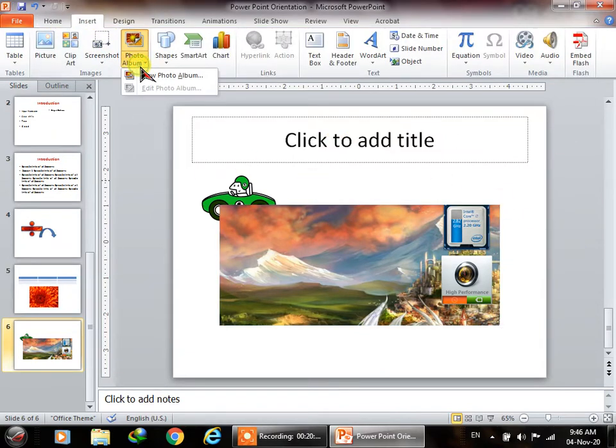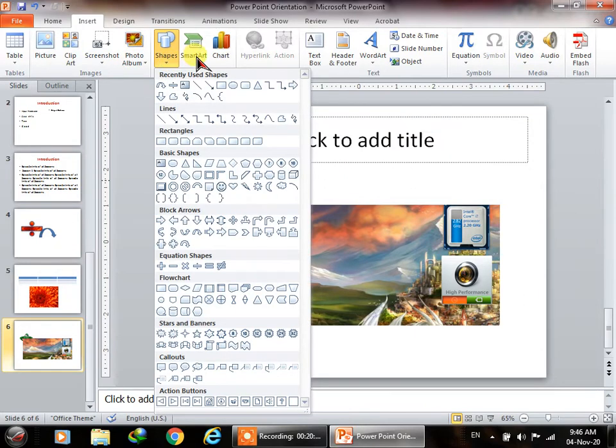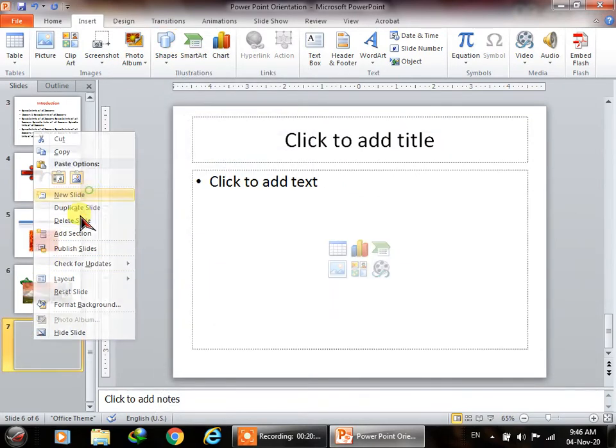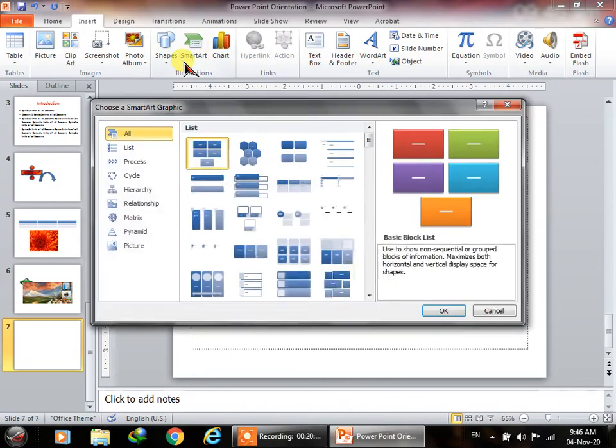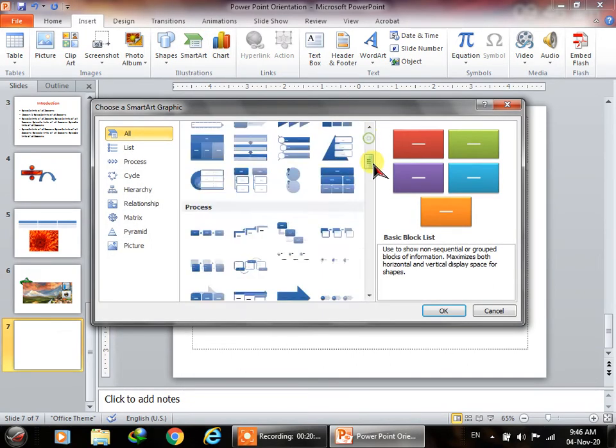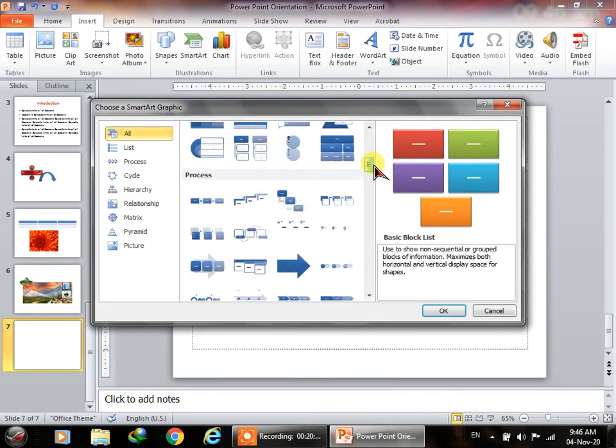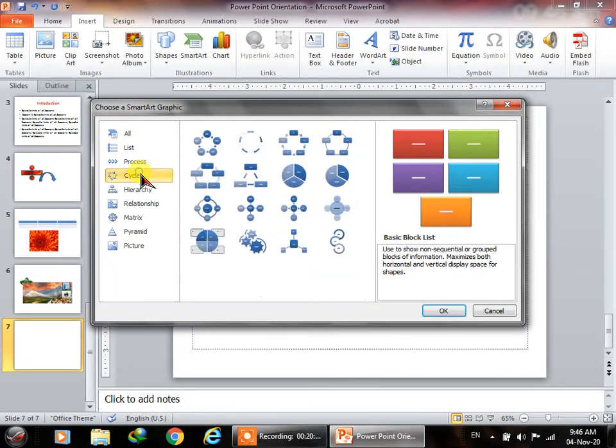Then you can add a photo album, add shapes, and SmartArt, which is really very good. Now SmartArt is this. Let's say we want to talk about something in a cyclic way or in a cyclic manner.